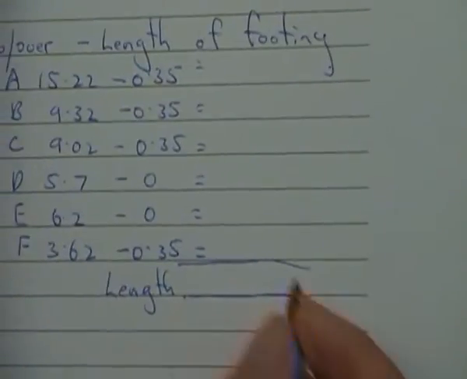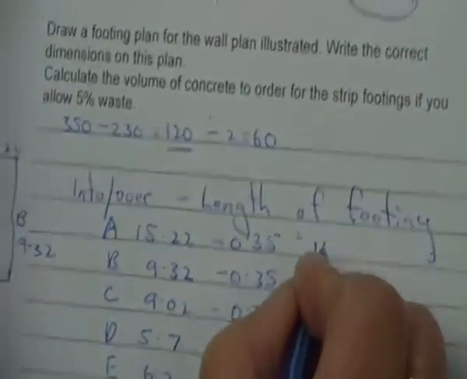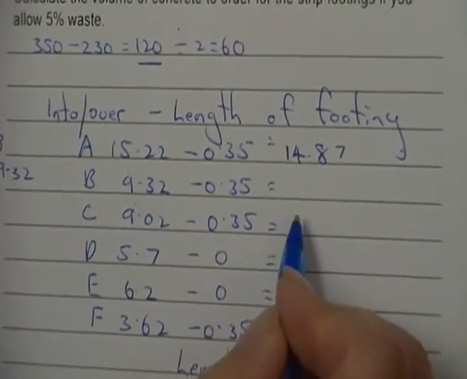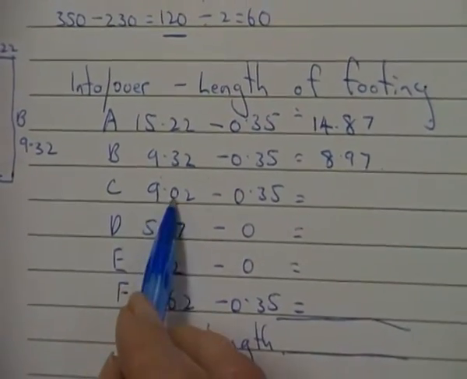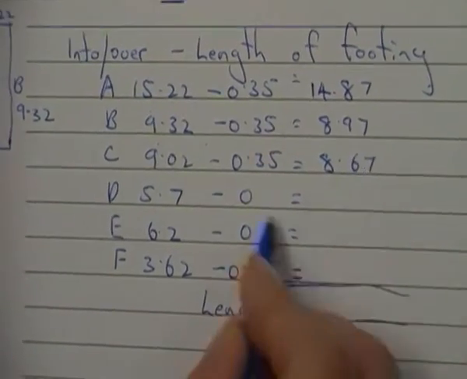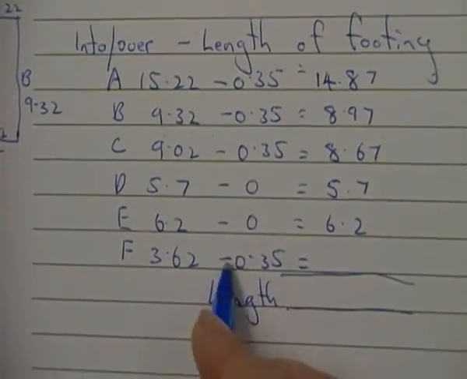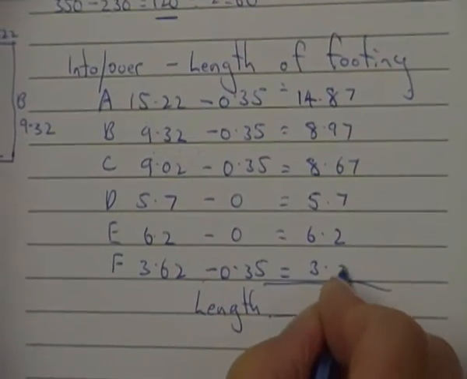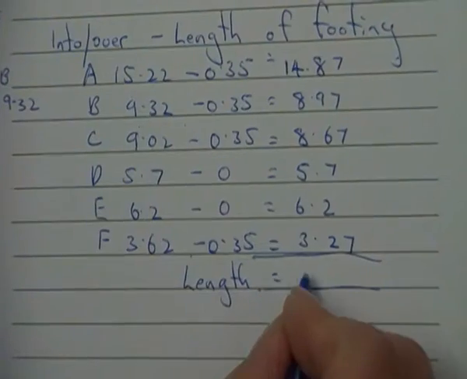So then we do our calcs to get the length. So when we look at this, 15.22 minus 0.35 is going to give me 14.87. 9.32 minus 0.35 is going to give me 8.97. 9.02 minus 0.35 is 8.67. Next two ones are easy, they're staying the same, 6.2. And then the last one, F, is 3.62 minus 0.35 is 3.27. Now we're just going to add all these up, and we should get a figure for your length of